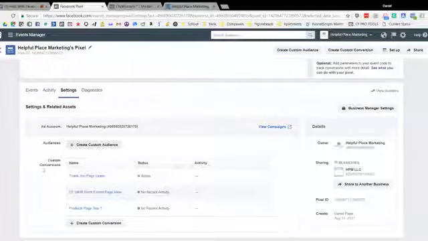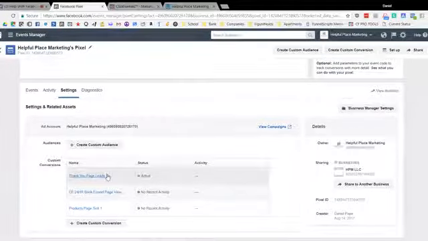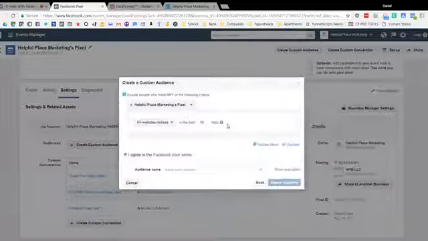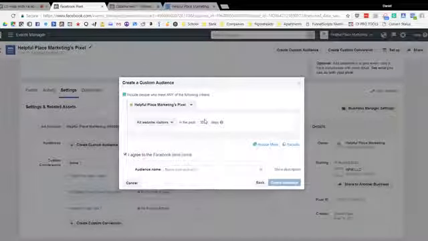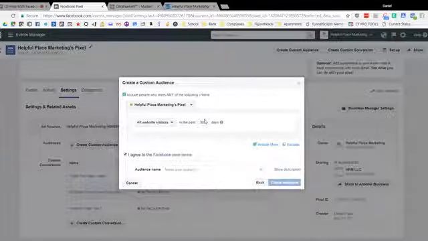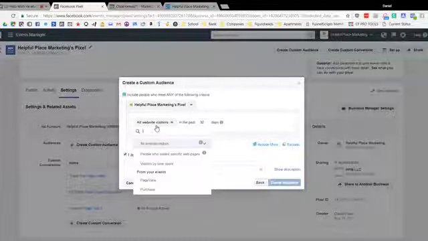All right, this is where you see your custom conversions, thank you page leads, but you create a custom audience to use in retargeting. This is very important if you want to have ads that retarget your audience that didn't purchase, that purchased, that opted in, that didn't purchase, things like that. It's up to you. So it's coming from your pixel, once again, and you're going to select people who visited